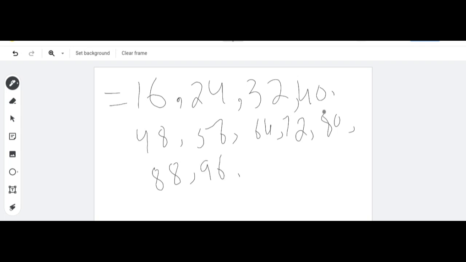If I increase by one more number, then the answer will be 104. But in the question we have to give the range. We give the multiples of 8 between the range 10 to 100. It means that 16 is the perfect start of the range, because it just comes after the 10. The table of 8 does not contain the number 10. I have to skip the earlier number because it is less than 10. So these are all the multiples of 8 from the range 10 to 100.